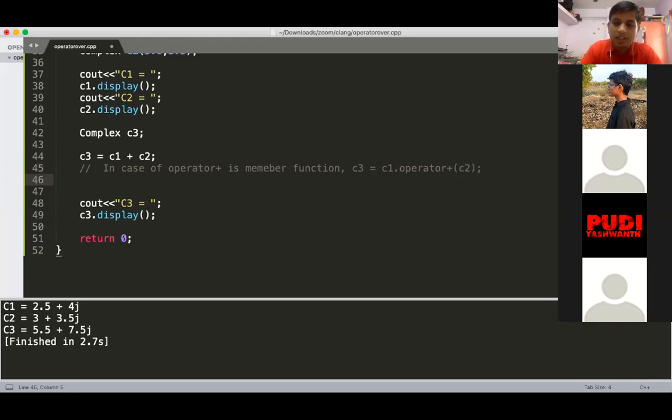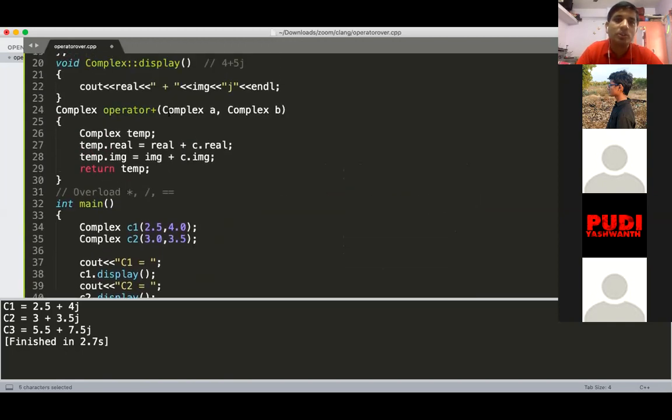And in case operator plus is an outsider function, so it means that it is not a part of your class, then this gets resolved as C3 is equal to operator plus and then C1 comma C2. So in case your operator plus function is an outsider function, it requires two arguments here.